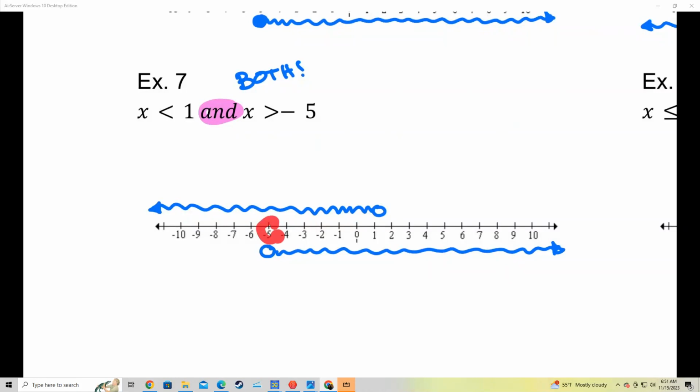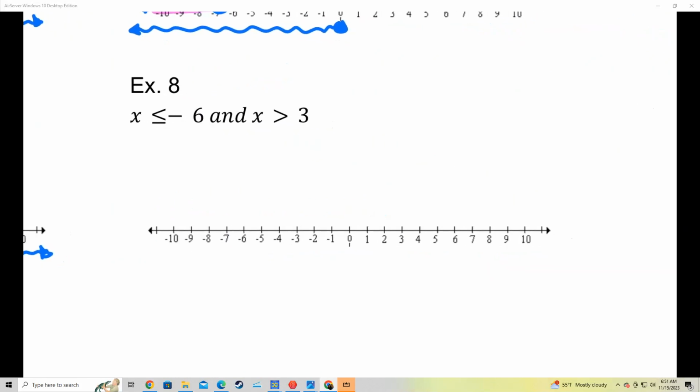And then on the last one, we're going to go x is less than or equal to -6. Here's -6. I'm going to shade it because there's an equal sign, and I'm going to shade to the left. X is greater than 3. Here's 3. I'm going to circle it, and I'm going to shade it to the right. I guess I should have done that on the bottom, huh? I mean, it doesn't matter, but hey, on this one,